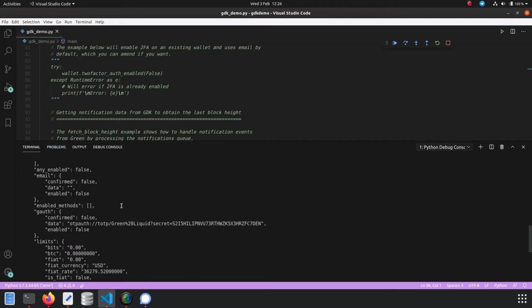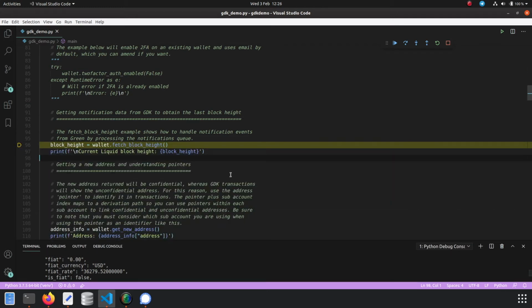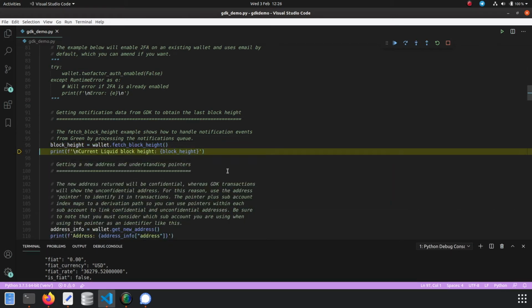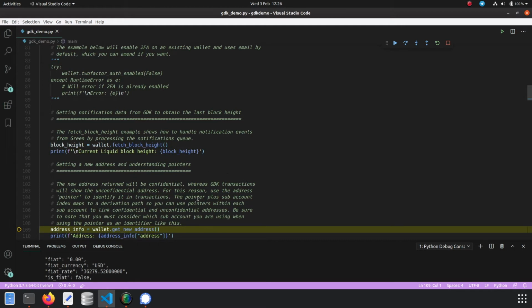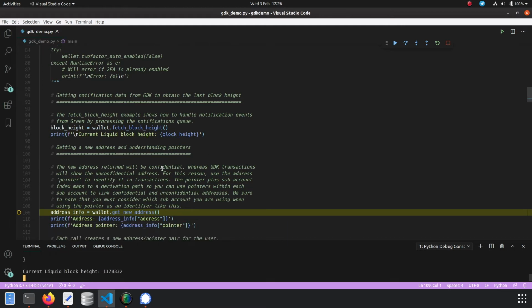Confirmed as in, if you were to set email, it would then send you an email to authenticate that you do indeed control that email before it activates it. So we'll take a look at those in more detail later anyway. Okay, so block height we've already been through,